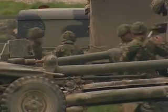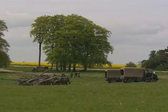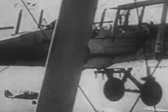100 years later, the legacy of the German Howitzer and the British 18-pounder lives on. The designs of today's light artillery guns still use the same basic technology. As World War I changed warfare on the ground forever, a new kind of battle was unfolding in the air. At the beginning of World War